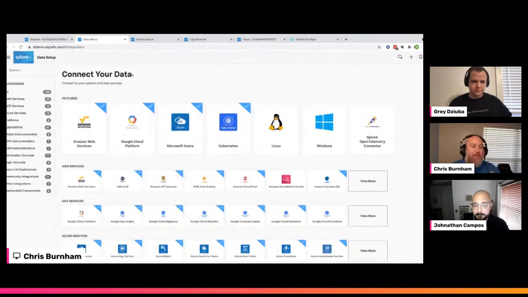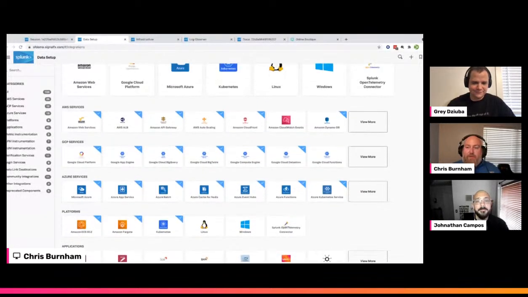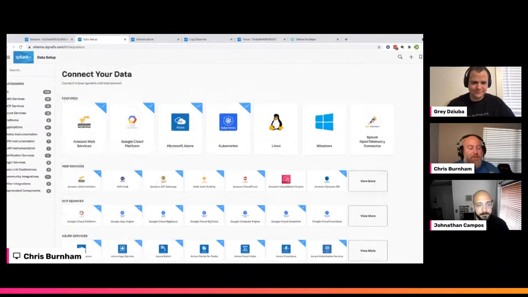Yeah, all of these different types of data that you want to investigate. We have the point and click WYSIWYG editor way of making this easy for everyone to understand how to collect the data that you need in the format that is going to work best. And you'll find that most all of these formats are going to come focused around OTel. OTel is the way of the future when it comes to getting data in. Perfect. Completely agreed.